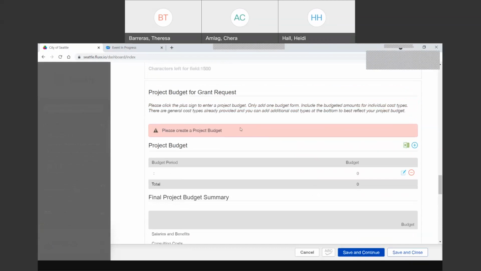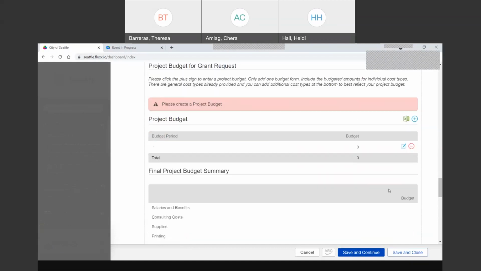So now you can see that I have this budget form, and it's blank because I didn't put anything in it, but as I'm going back to it, now I hit either the edit. If I'm hovering over these little shapes, this one is edit and this one is delete.